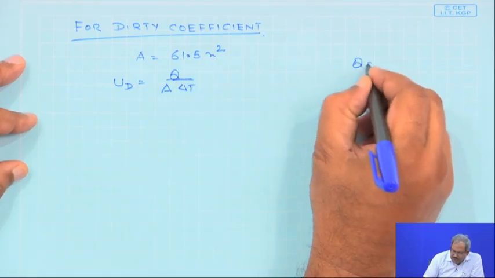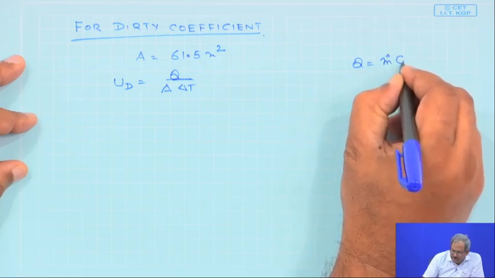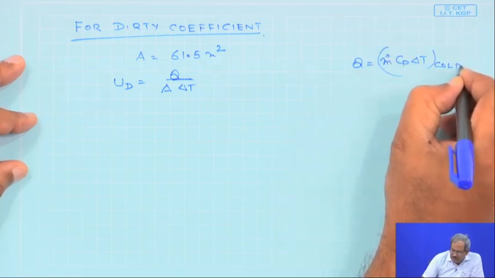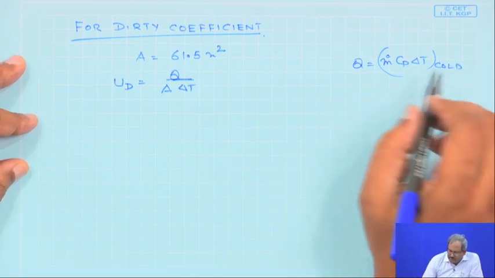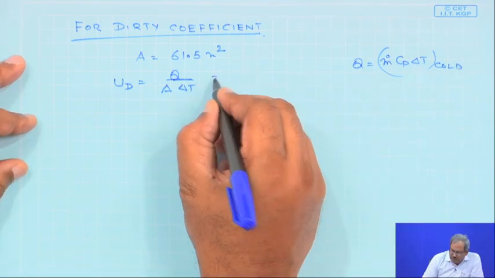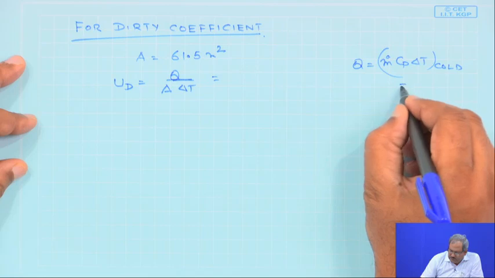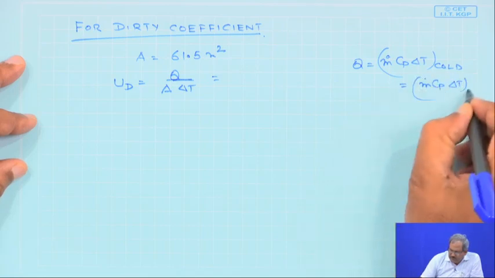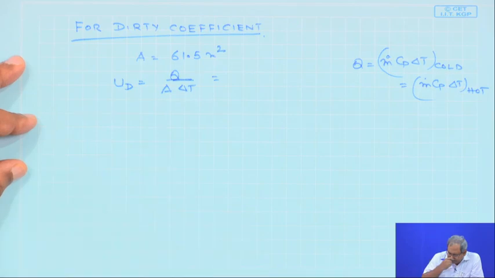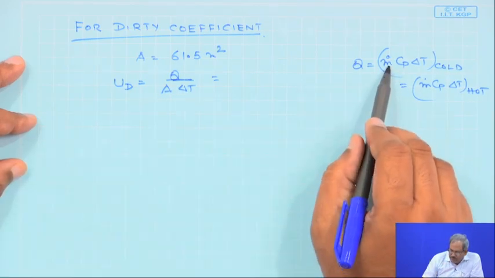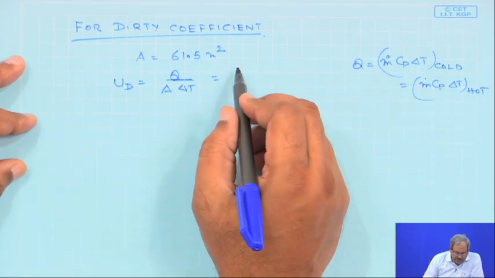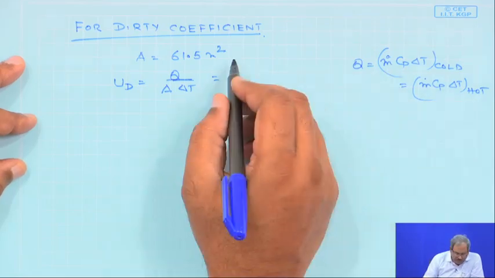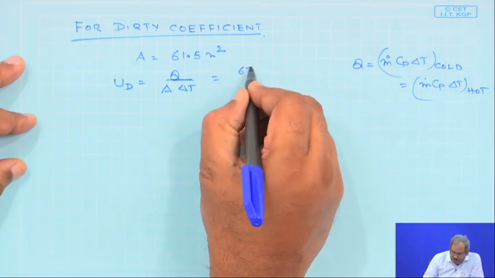and Q is simply m dot Cp delta T for the cold as well as for the hot, but we are going to use the cold over here. It does not matter. So, this must be equal to m dot Cp delta T for the hot side as well. So, we are using the cold side in this specific case, but you could have used the hot side as well. So, m dot of the cold side fluid, which is